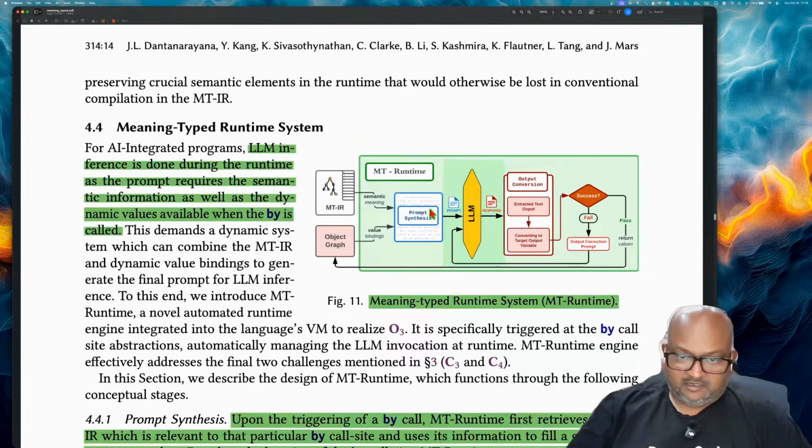And the runtime, this new runtime that they've built for this language, is what is going to make the calls to the LLM, get the response, do all that output conversion. And if it fails, it's going to do some kind of retries and back off and so on. So it's abstracting away a lot of that common low-level logic you have to use whenever you interact with an